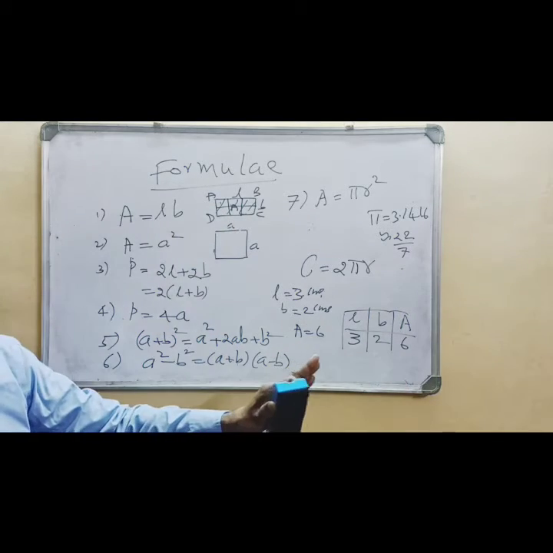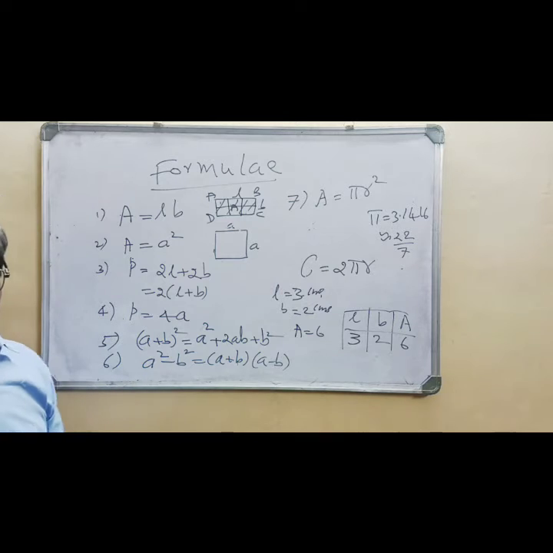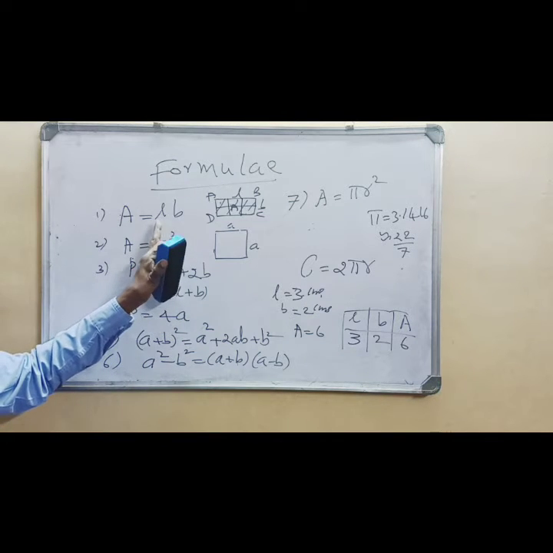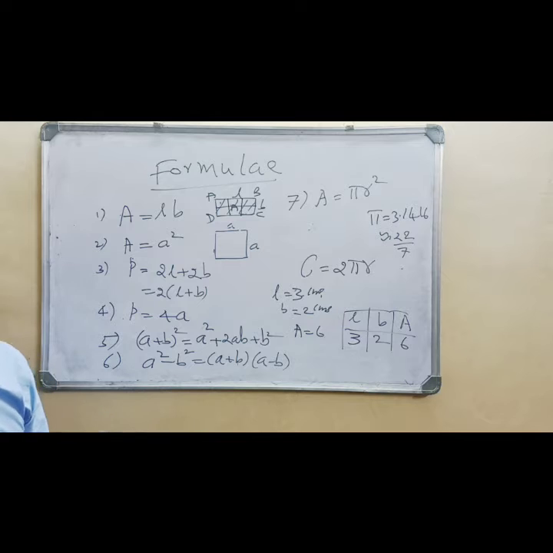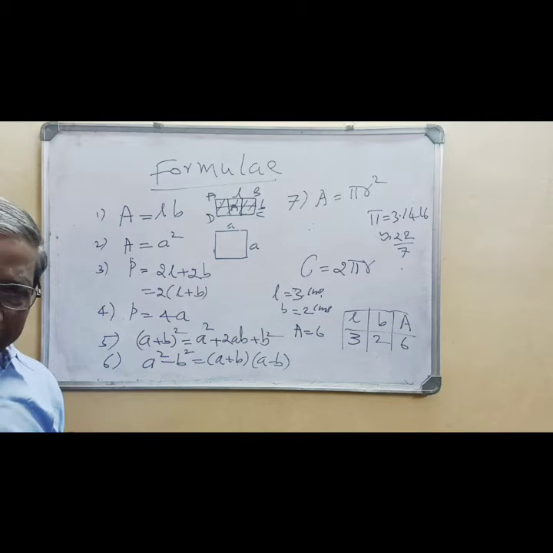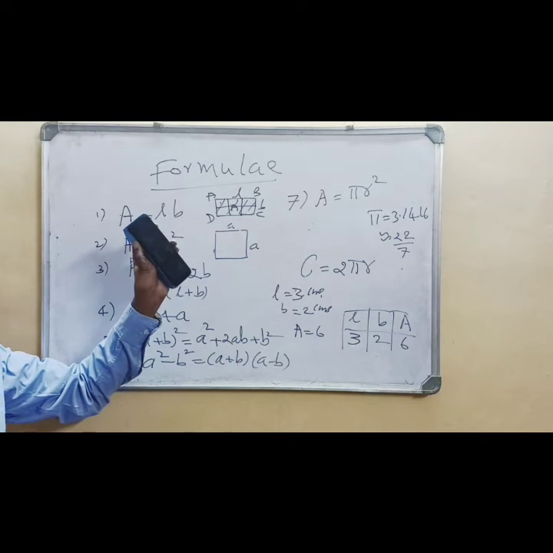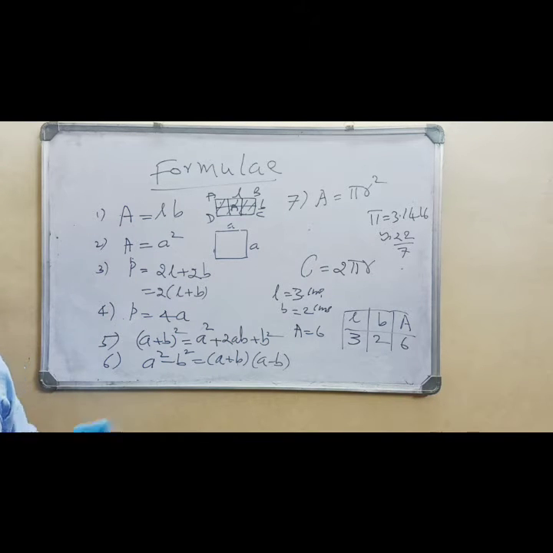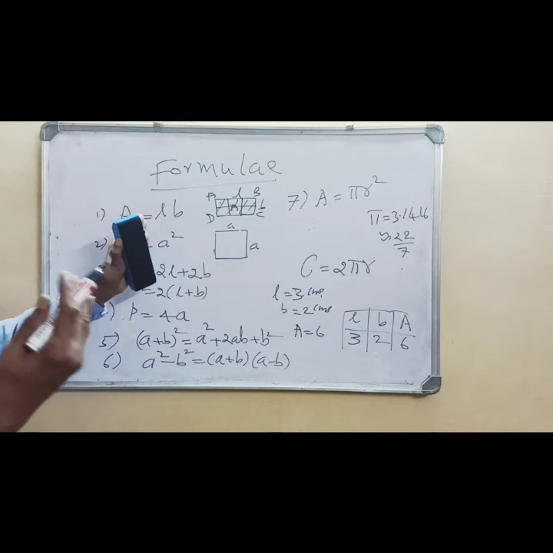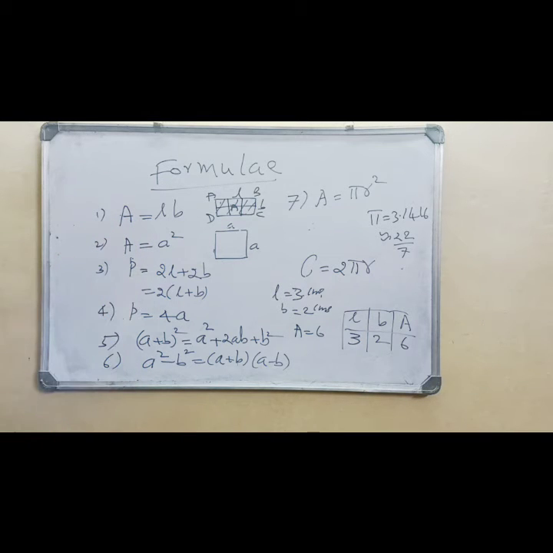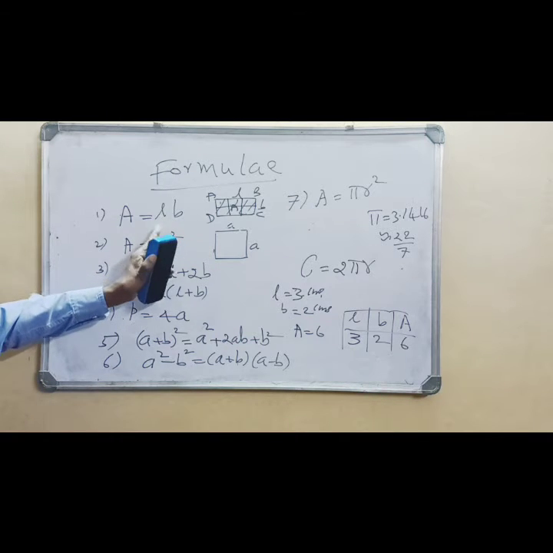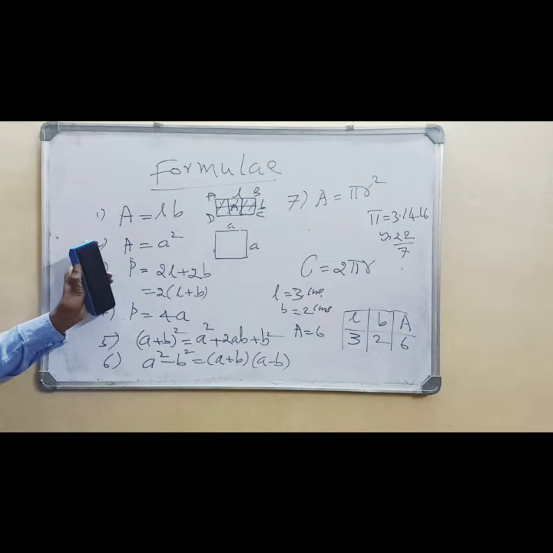Likewise, if you go on writing many problems, you will know that the area of the rectangle is nothing but L times B. This is how, with the help of an experiment or activity, you can determine the area of the rectangle with the formula. This is called a formula. Here again, I say this part is the left hand side, LHS, and this is the right hand side. The quantities that are given are taken to the right hand side. If you simplify, you will get the area.